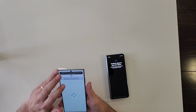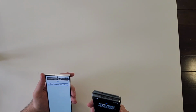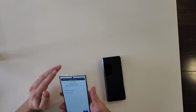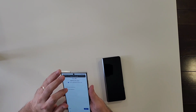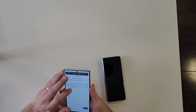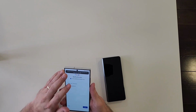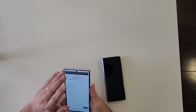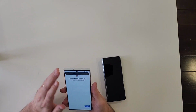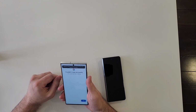Don't do it if you have Google Play services. Device setup. Continue setup on your new device. Copying your account. Verify it's you. Google. Verify it's you. Contact us at blindandroidusers.com. Password, edit box, enter your password. I'm going to set this up later. Show password. Next. Skip. You can add them later in settings. Next button. Okay, so the thing I was going to say, if you're doing this with